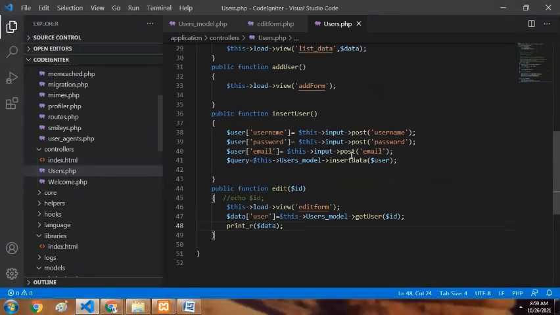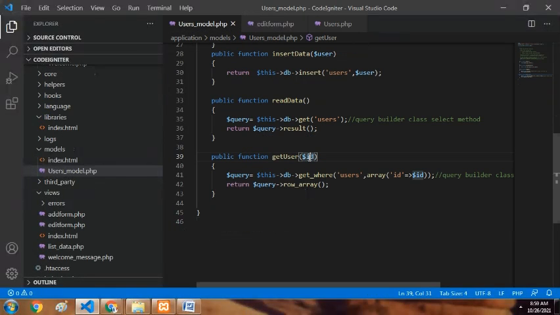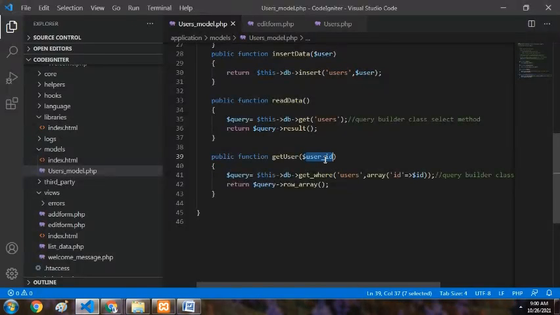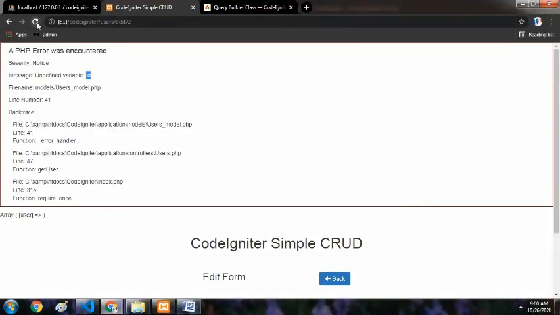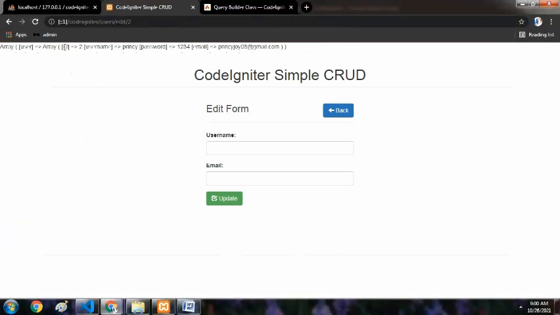Get user has an ID as its parameter, so definitely in its function definition we should have that ID or any user ID or anything. We can write any variable name here, but the value will be correct, as the parameter will send the data to the function definition from the function calling. So the value will be the same. User ID should be here also. Even though we are changing the name, the data will come. So we got the data inside the array.